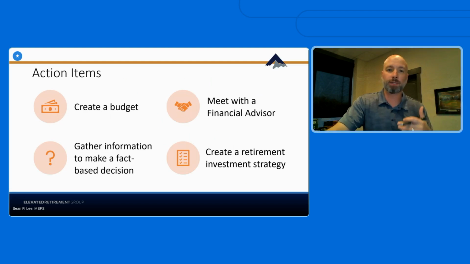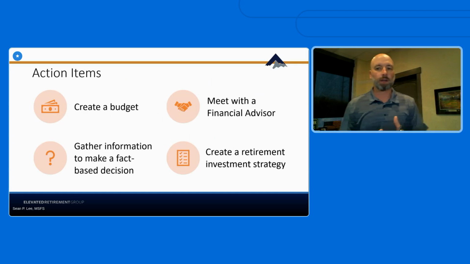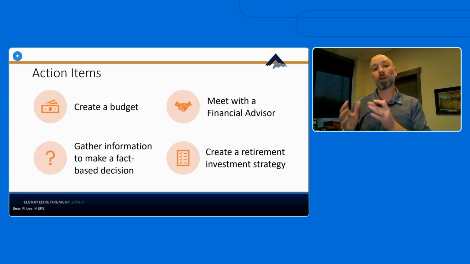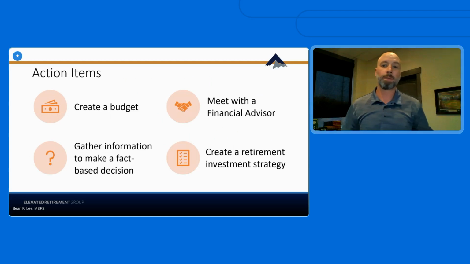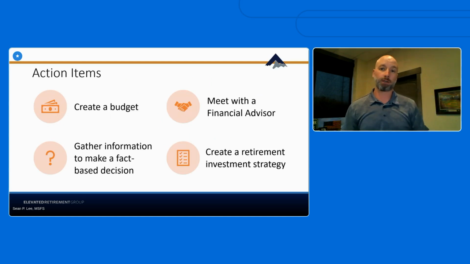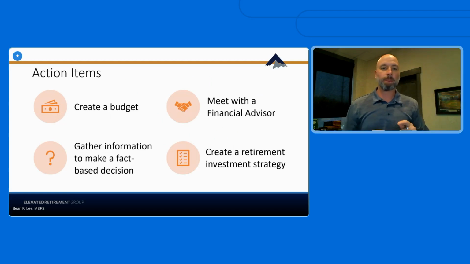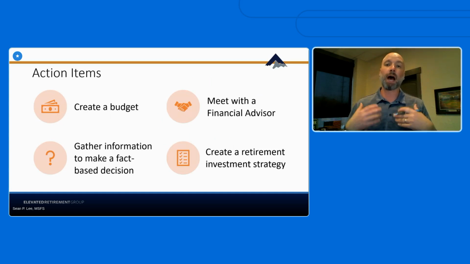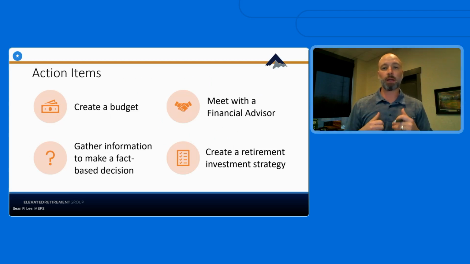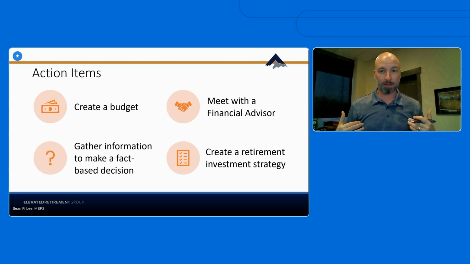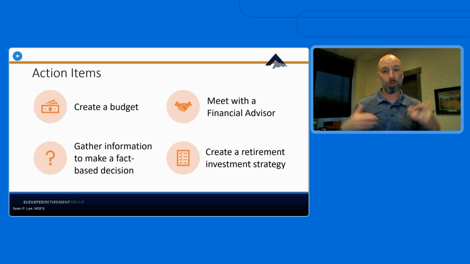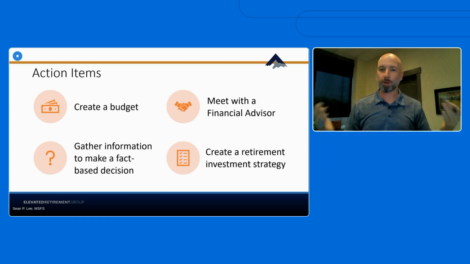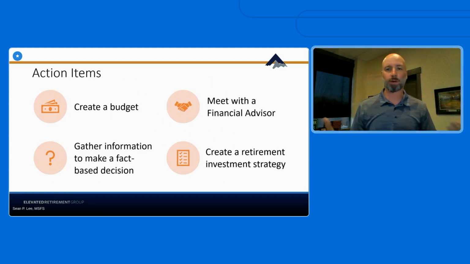So what can we do? Here are your action items in taking the steps to getting you to where you want to be, specifically for your situation. First and foremost, go out and create a budget. There's a couple of ways that you can do that. You can say, here's my budget, I'm going to write it down, here's all my expenses. That's a good way to start. The second option that I would recommend is to sit down and pull your bank statements for the last 12 months and really get a good handle on what you've spent. Your bank statements won't lie. They'll tell you exactly what you spent over a 12-month period.